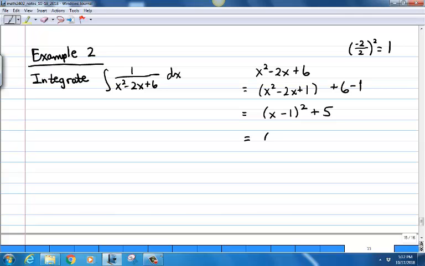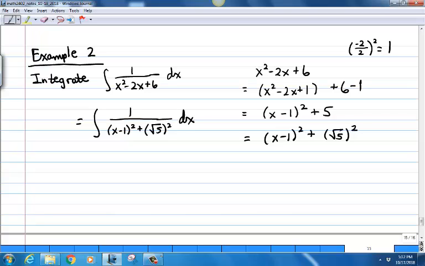And now I'm going to rewrite the 5 as a perfect square. And that's easy to do, right? That's square root of 5 squared. So let's put this into our integrand. So I have x minus 1 squared plus the square root of 5 squared, and that is exactly